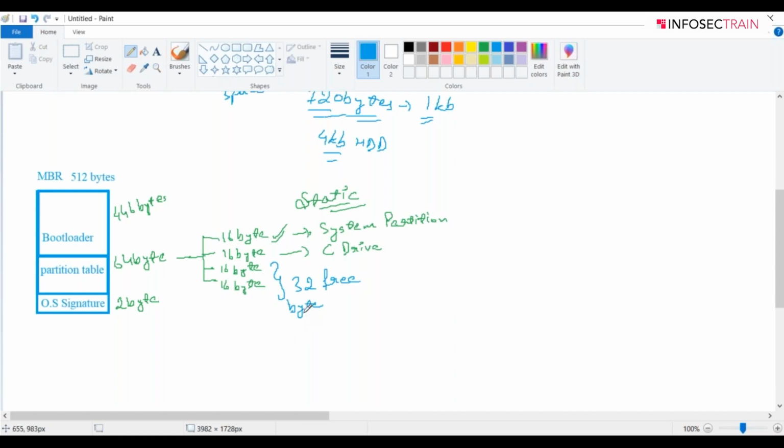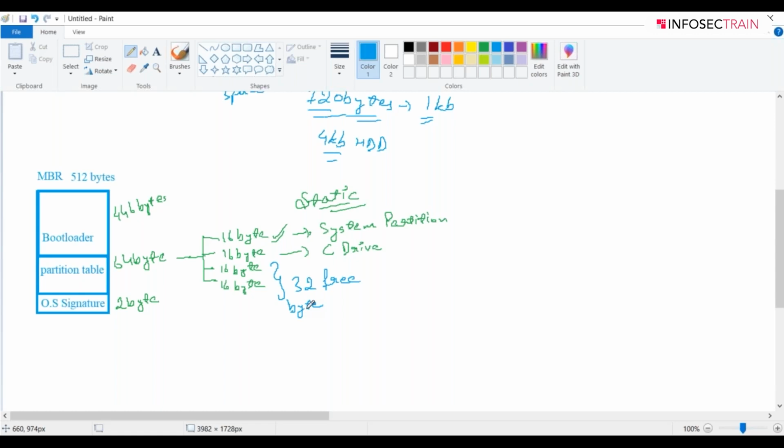This space can be hacked. This MBR area can be hacked, and any hacker or any malicious actor can target this space, and he can change the hard disk functionality with that. He can even toast your hard disk by speeding up the RPM of the hard disk, like rotations per minute. Because this 32 bytes of free space is more than enough to write a piece of code, or to save a file which will take 32 bytes or something like that. That is enough for an attacker to take advantage of this.